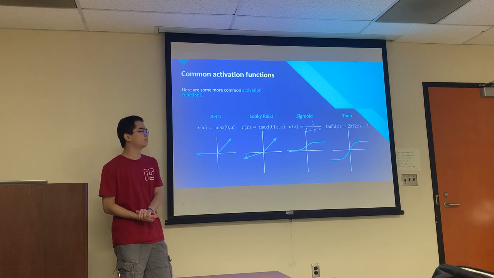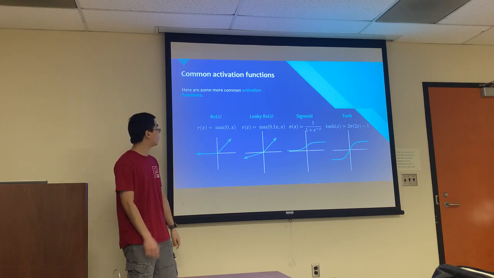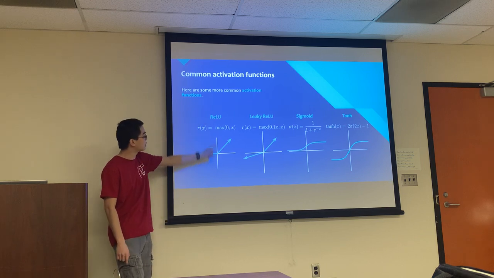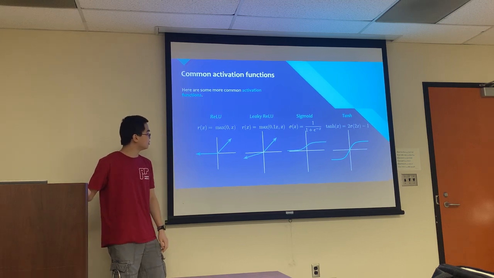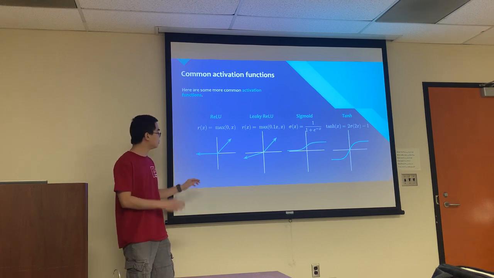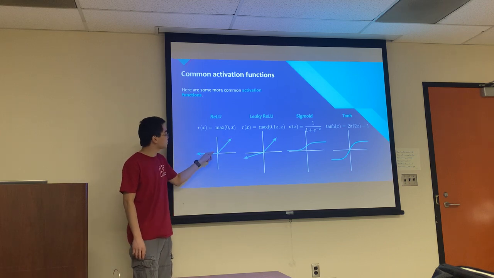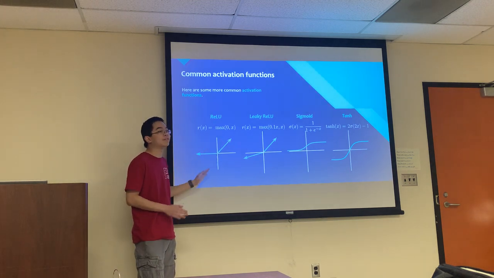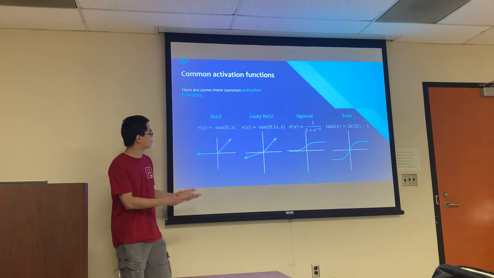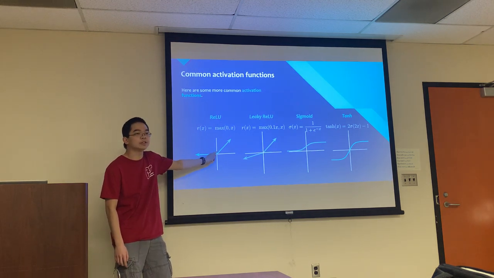For us and for most things you'll be doing, I suppose at the undergraduate level, most neural networks will use this function, the ReLU function. It stands for rectified linear unit, and it essentially says whatever you pass into it, if it's below 0, we have it as 0, and anything that's above 0, it behaves linearly. You can see there's a non-differentiable point at the origin here.